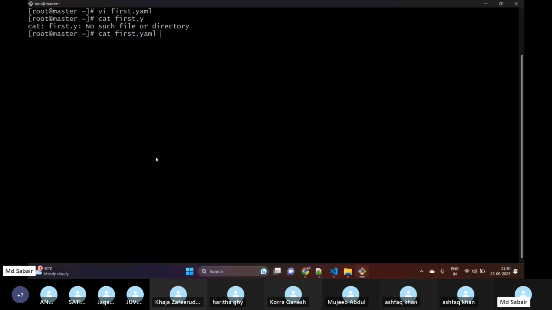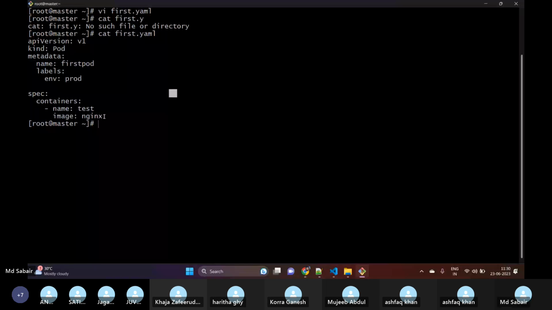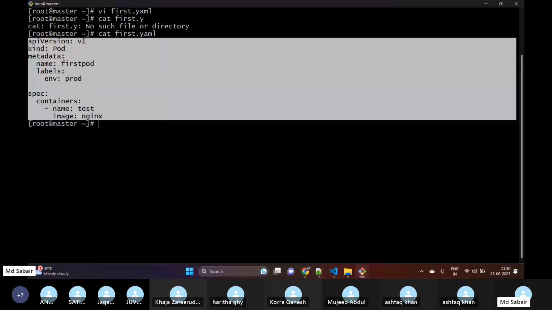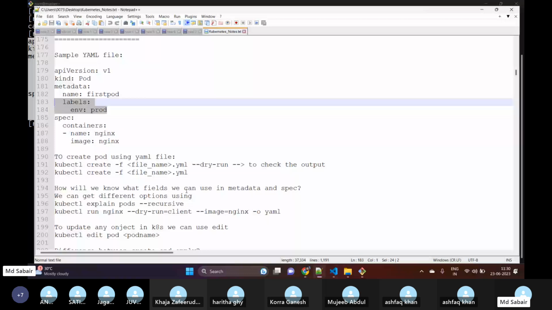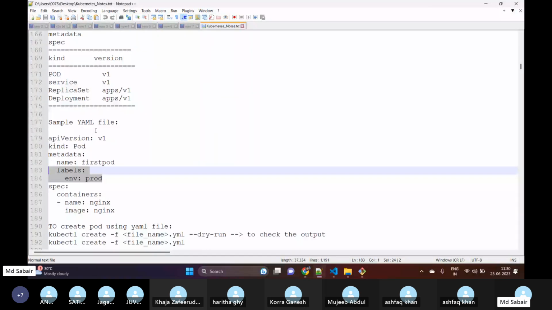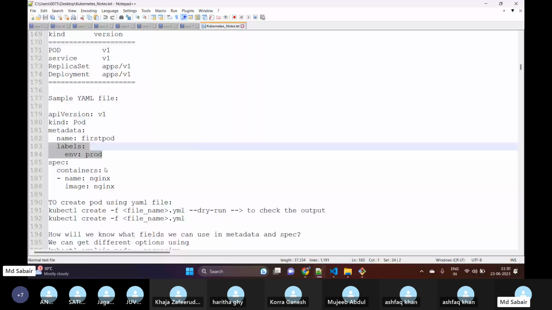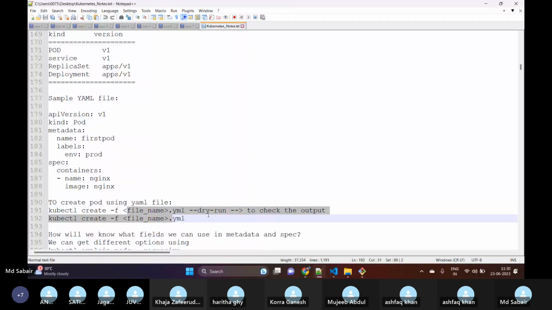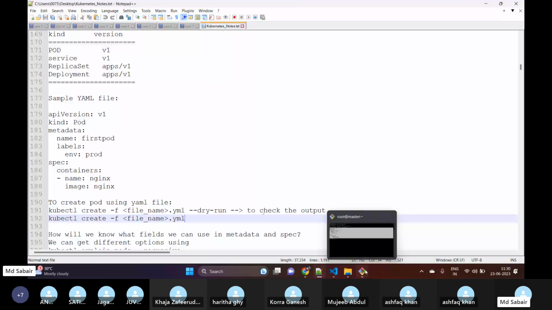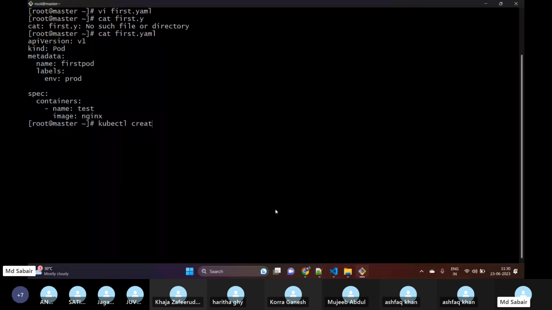Now, how to run this YAML file? We were able to successfully create one YAML file, and we have seen how to get all the details, but how to run this YAML file? We have a command called kubectl create. kubectl create -f, where -f means file, and then the file name .yaml, or with dry run. Basically, this is just a dry run check at the client side. So now let me try to execute this. kubectl create -f first.yaml